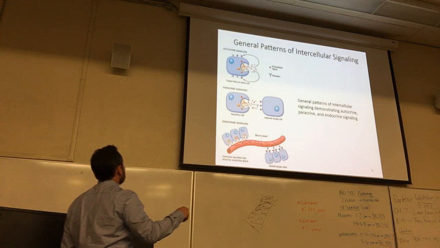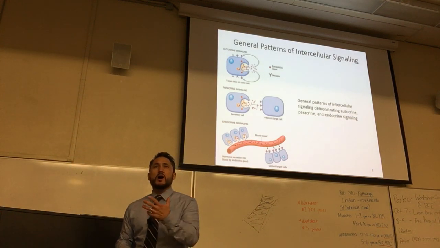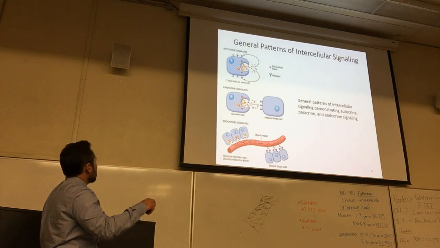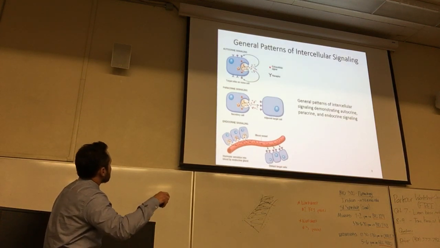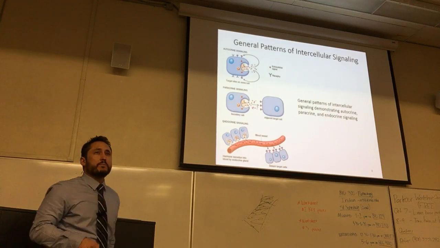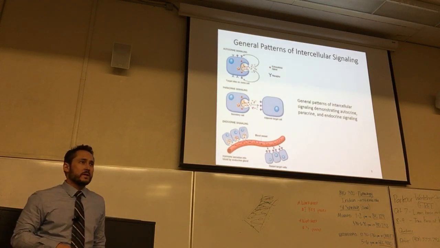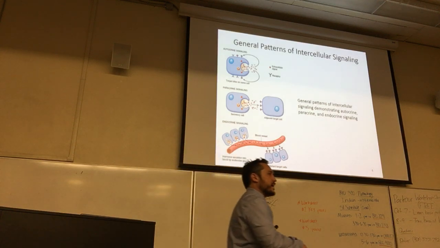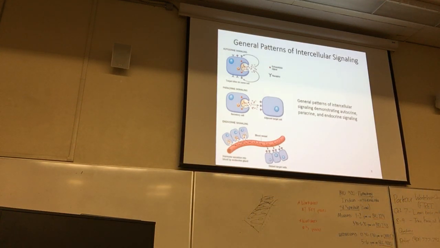So an autocrine signal, auto meaning self or same. An autocrine signal is when the same cell releases a signal and has a receptor that binds that exact same signal, telling it to do something. So an example of that in a wound could be an activated macrophage that's been recruited to that area.